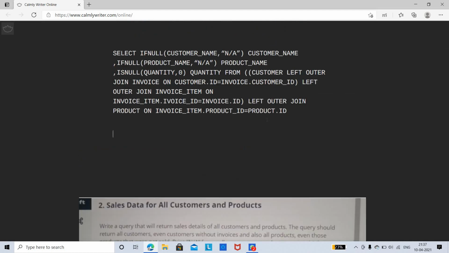So you are going to order by customer.ID, product.ID.